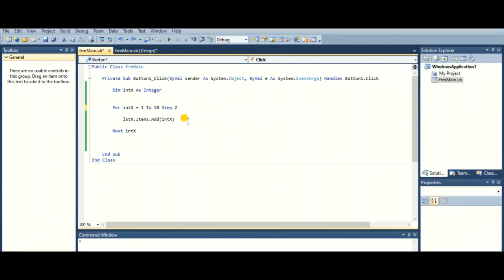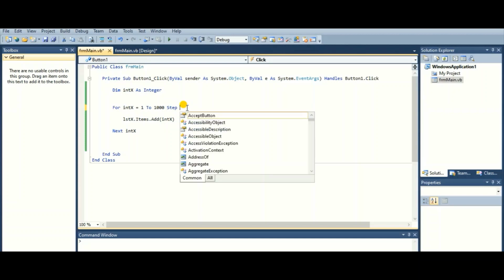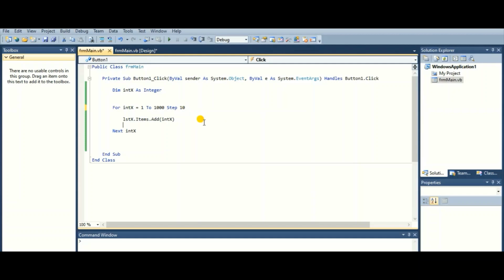Let's try another example by having a bigger range. So instead from 1 to 10, let's have it from 1 to 1000. And instead of including all the numbers, let's only list the numbers with an increment of 10 between the previous and the next values. So let's run this code. So when we run the code,